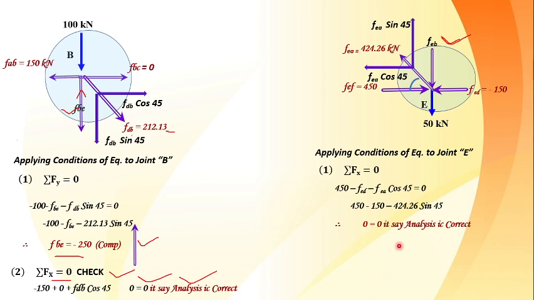The same happens in this sigma Fy also about this joint. If I do the sigma Fy, then left hand side would be equal to right hand side, which means once again we conclude joint E is in equilibrium in x as well as in y direction. So when all the joints are in equilibrium and they are placed in a single truss, it means the whole truss is going to be in equilibrium.